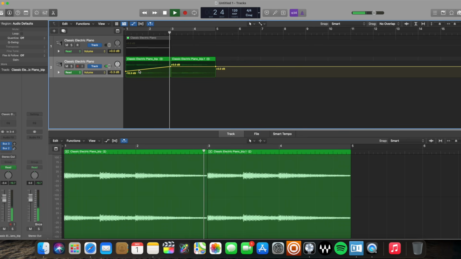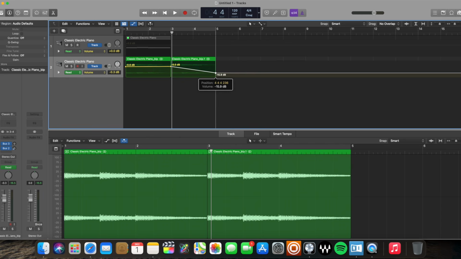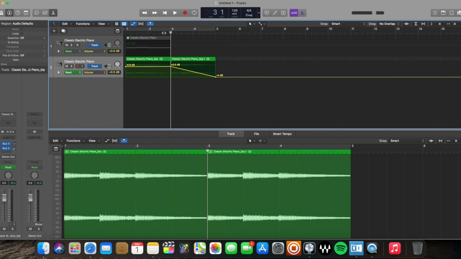Whereas if I drag it all the way down, it's going to be a more gradual fade, more noticeable. All right. Likewise, I can also drag down the end parameter here to create a fade out. So hearing what that sounds like from the beginning,